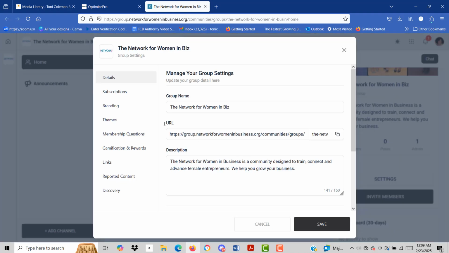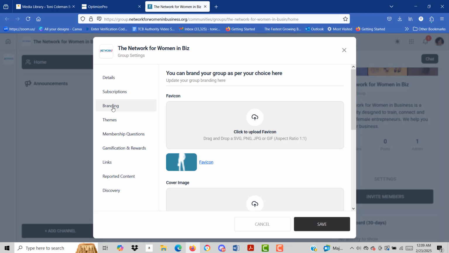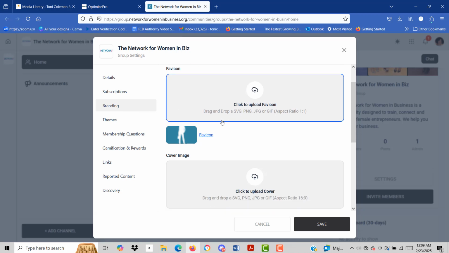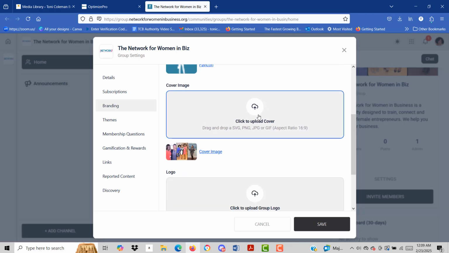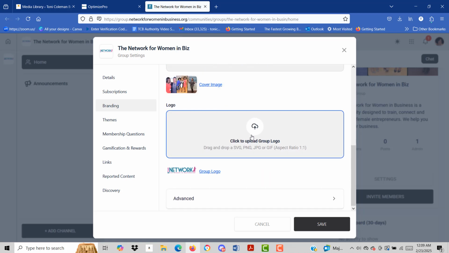the settings. And then once you click on the settings, you want to go along the left navigation bar and go over to branding. And then this is where you can change the favicon, you can change the cover image, and you can change the logo. And then once you change that, all you have to do is click save, and then you'll be able to